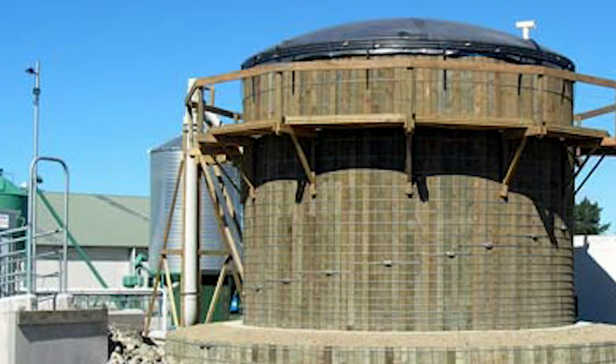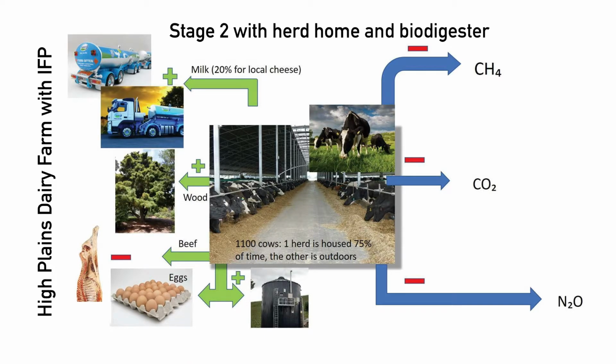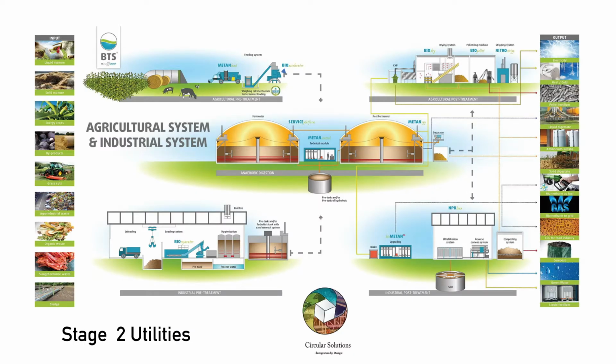A biodigester, putting half the cows in a herd home for half the year full-time and the other half the year half-time, and feeding a biodigester so that it takes your carbon dioxide and your nitrous oxide emissions and makes that into fuel to feed the milking shed, the cut and carry to feed the cows in the barns,